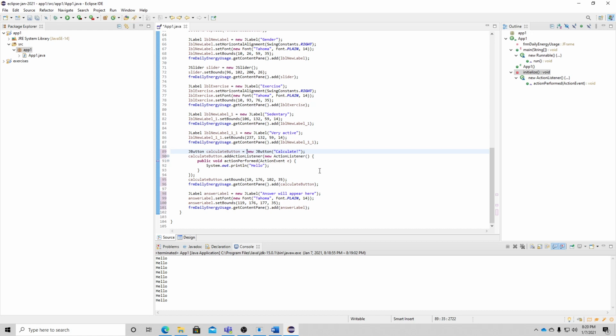Now remember that I called that label answer label, and here it is in my program code. So I created the answer label here. This is where it sets the text font. This is where it sets the location on the form. Now I want to make it so that when you click the button, it changes that label. Now in order to do that, I need to set the text of the label. So I could type answerLabel dot